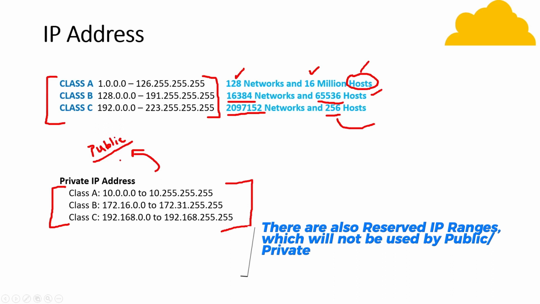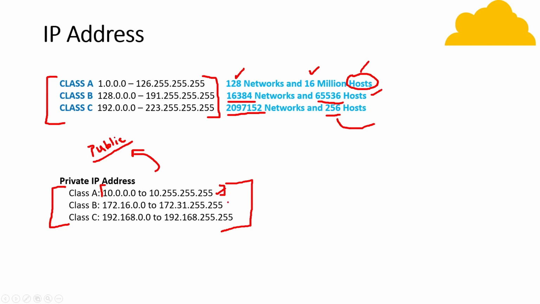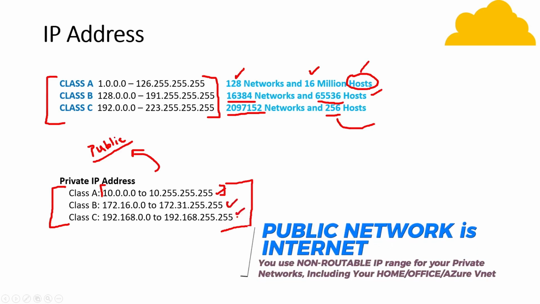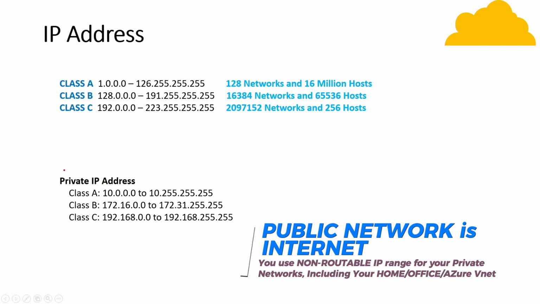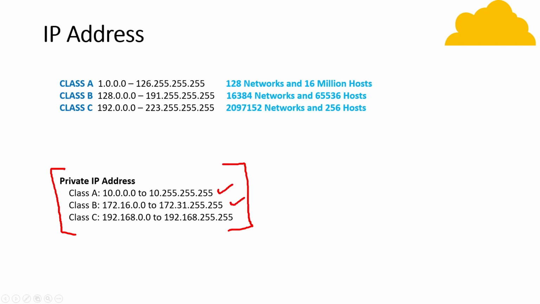So what is the difference between a public IP address and the private IP address? These IP addresses are not routable in the public domain. So it is only used in your private network. The range of IP addresses which you are using in the class A, class B, or class C, if you are using from this range, then it is a non-routable in the public domain. Whenever you are going to create network for your enterprise, then you will be choosing the IP ranges from these private IP address range. You will not be using the public IP address range